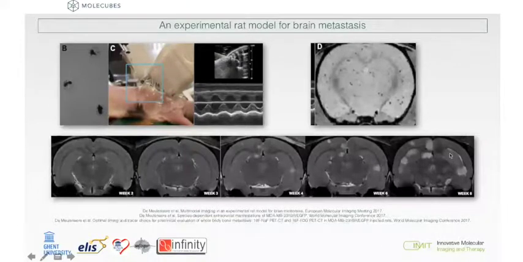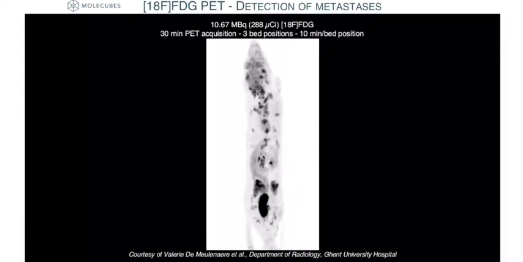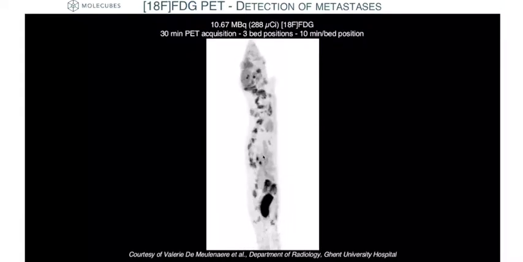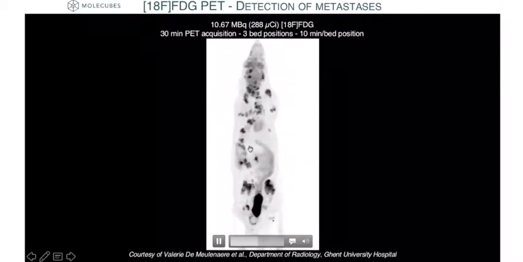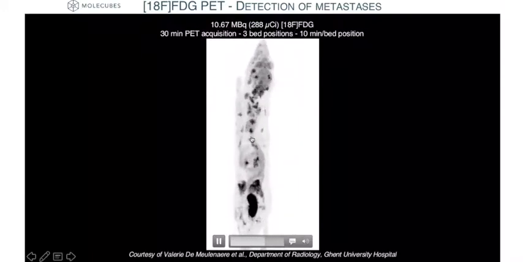And then, after a while, you see brain metastasis occurring in the brain. When we see the brain metastasis, we can start to try some new kinds of treatments. The problem here was that the animals were paralyzed before we could start with the treatments. And then we asked, of course, the question why this is the case. Then we did maybe what you should also do in the clinic, a whole body PET-CT scan of this rat using FDG. And you can see clearly here that there are a lot of lesions